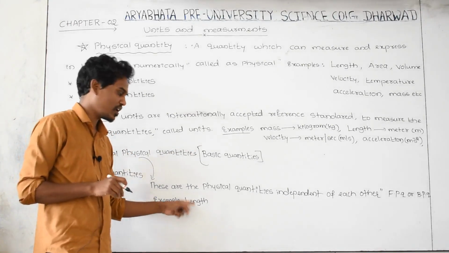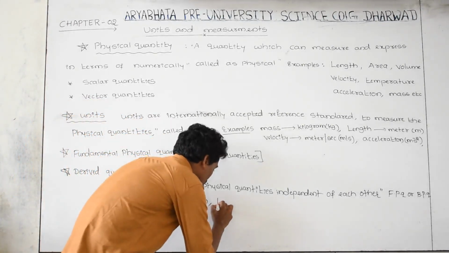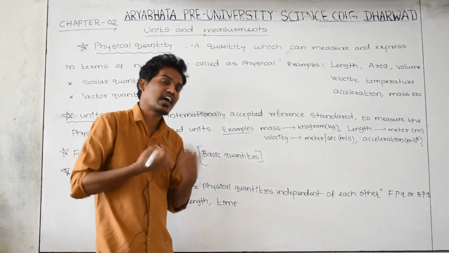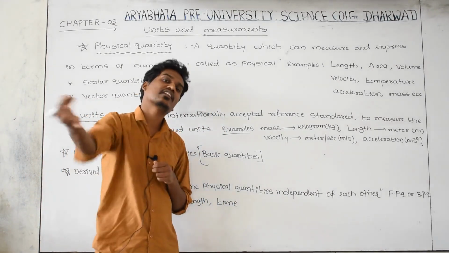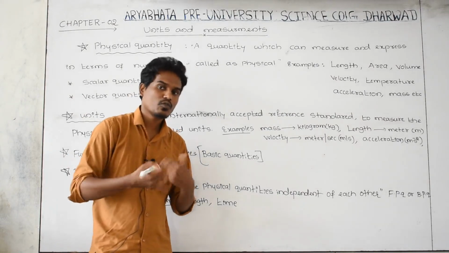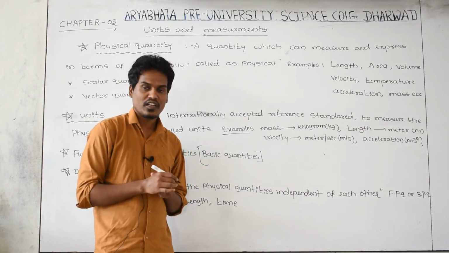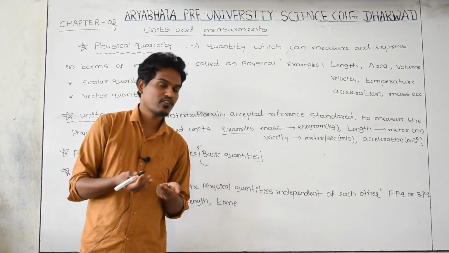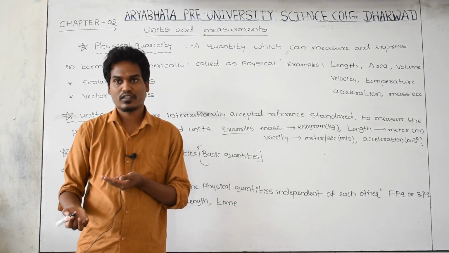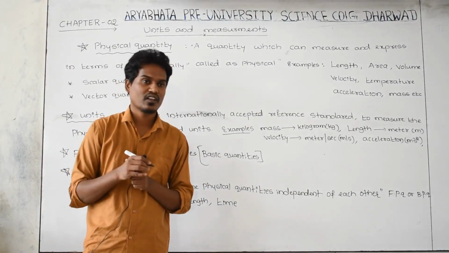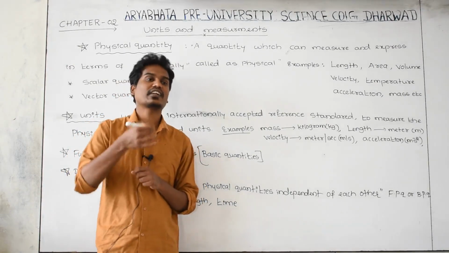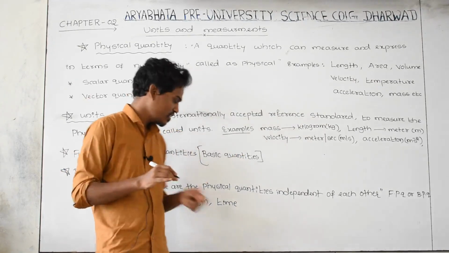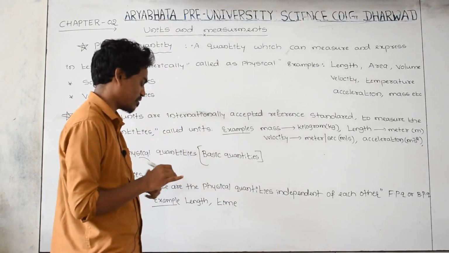It is a fundamental or basic quantity. Length or time is there. Time can be measured directly without the help of any other quantities. I want to measure the time. In order to measure the time, do I require density or the length of something? Nothing. Directly we have to measure the time, and time is a physical quantity not depending upon any other quantity. That's why time is one of the fundamental or basic quantities.